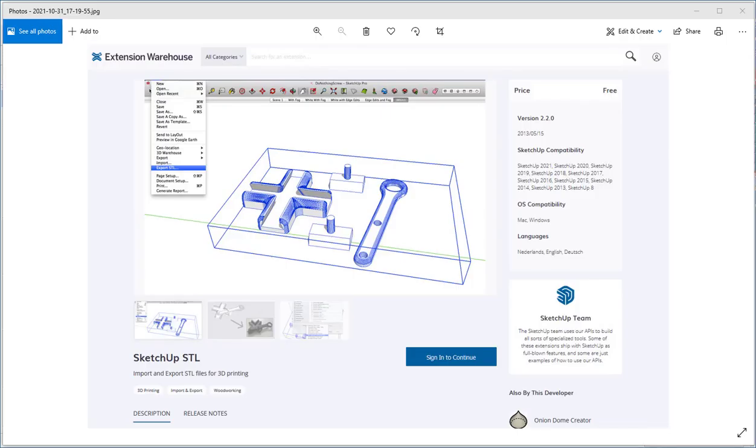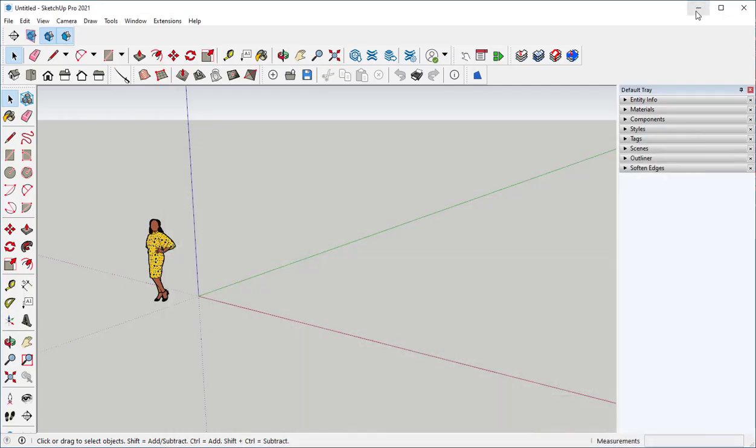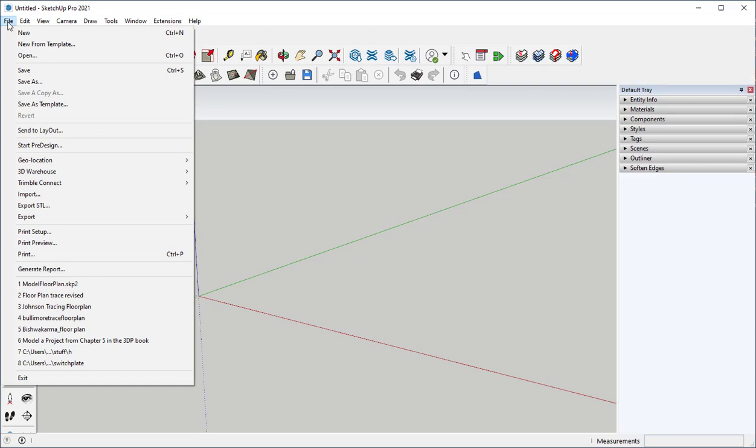In this video, we'll discuss how to make STL files more manageable to work with in SketchUp. First, you need to have the SketchUp STL extension installed, and you get that at the SketchUp extension warehouse. Once you install it, click on File,